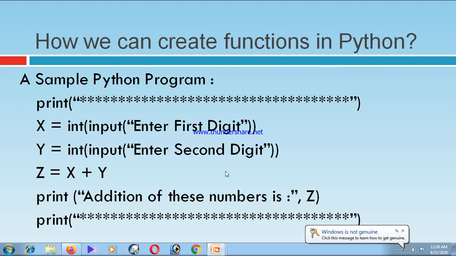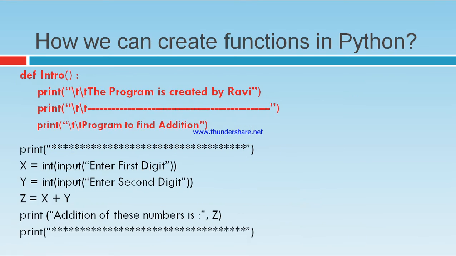Now the topic is, if we want to create a function, if we want to include a function into this program, where should we include the function? The function will be included at the topmost portion of the program. Listen carefully. If we want to include a function into this particular program, there is only one option. We have to write the function at the topmost corner of the program. Just see it in the next image.